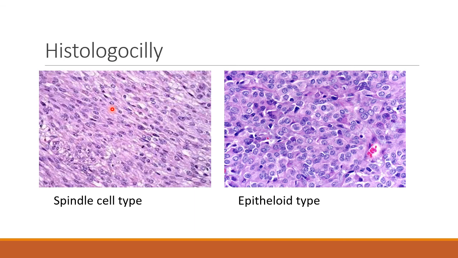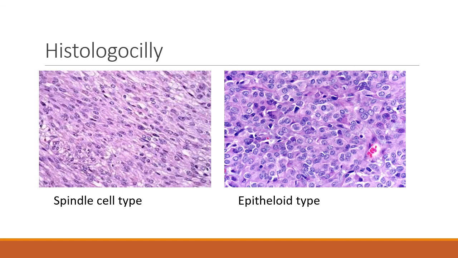Then second, we have seen the lymphoma of the gut, that is primary or secondary, and more common is the extranodal marginal zone B cell lymphoma that is associated with some mutations. And we have seen the gross and microscopic features. Then carcinoid tumor, that is neuroendocrine tumor, and we have seen the associations, and grossly it is of small tumor, less than 2 centimeter, but it can metastasize if it is more than 2 centimeter.